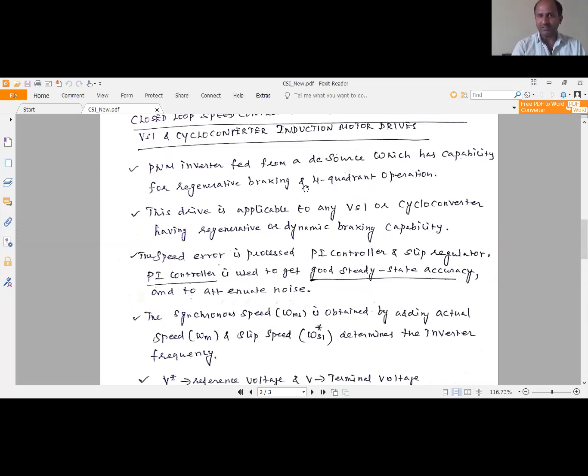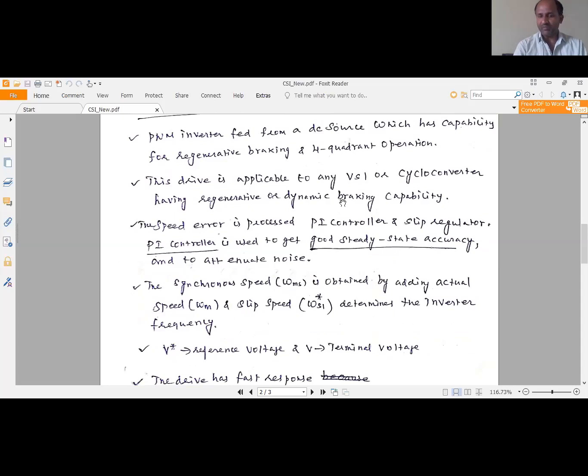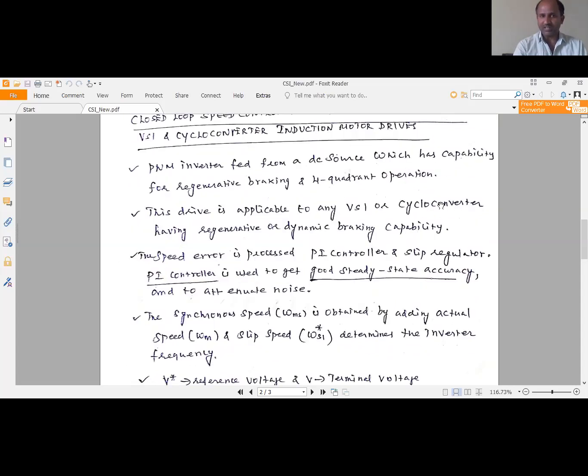For these two purposes, the DC supply is directly connected to the PWM inverter. And this drive is applicable to any voltage source inverter or cycloconverter having regenerative and dynamic braking capability.